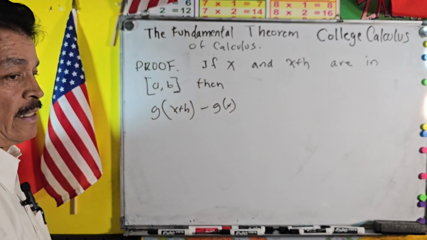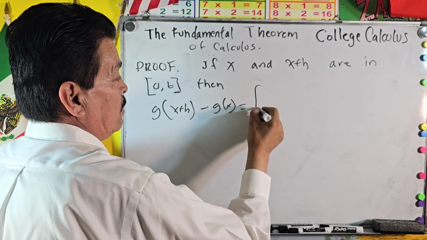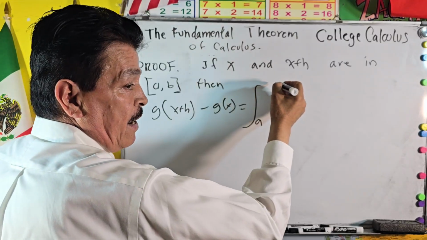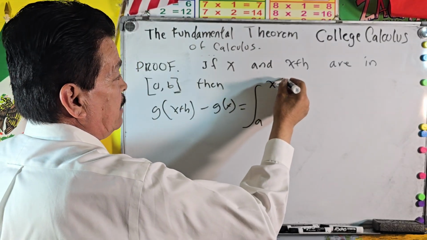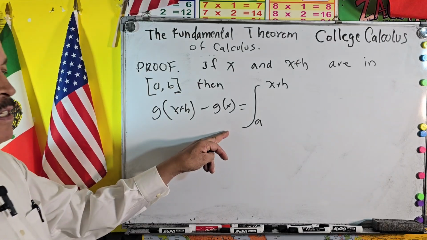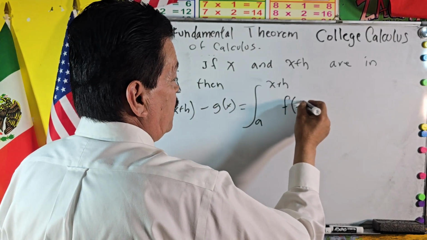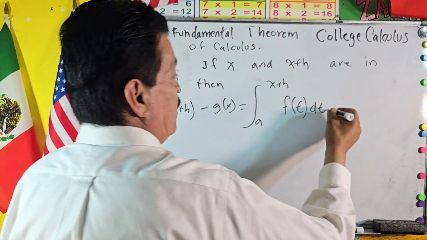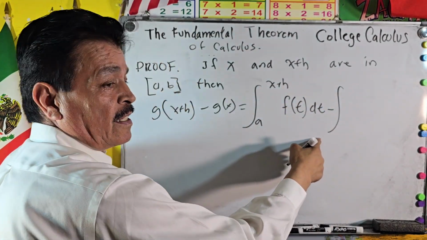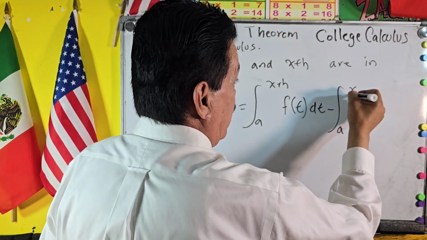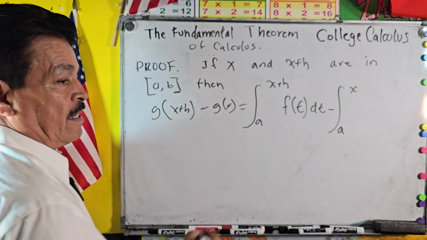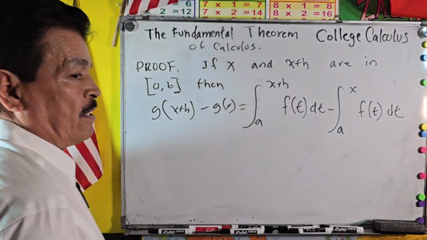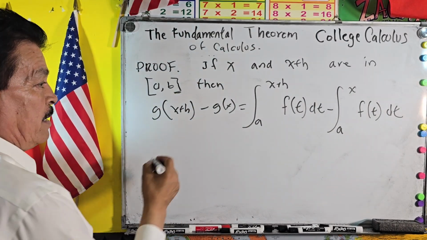G of x equals the integral from a to x plus h of f of t differential of t, minus the integral from a to x of f of t differential of t. All right, so then this will be equal to